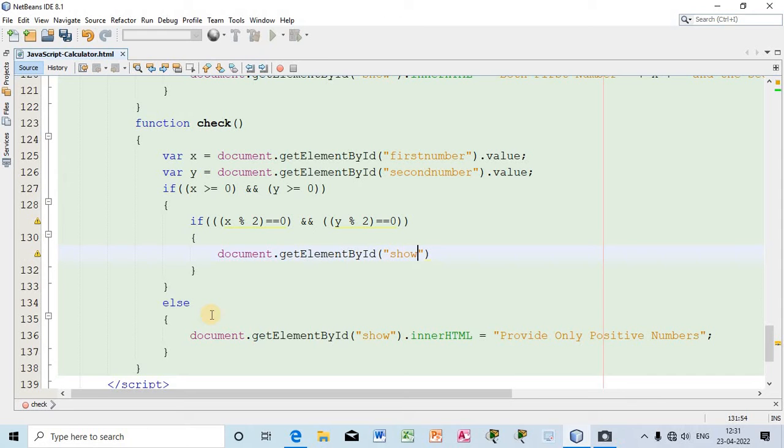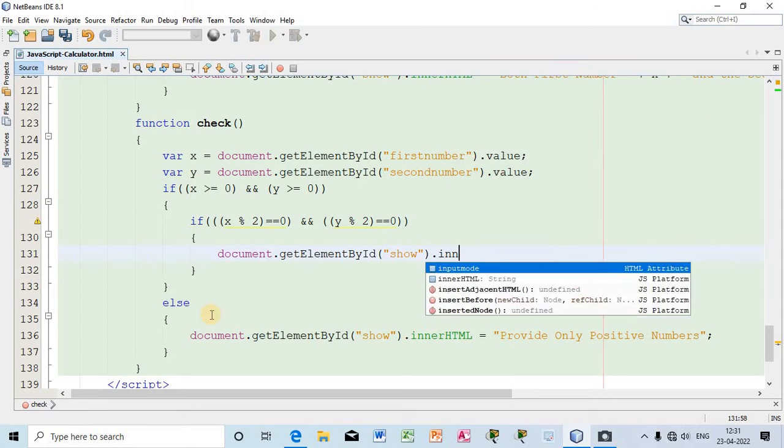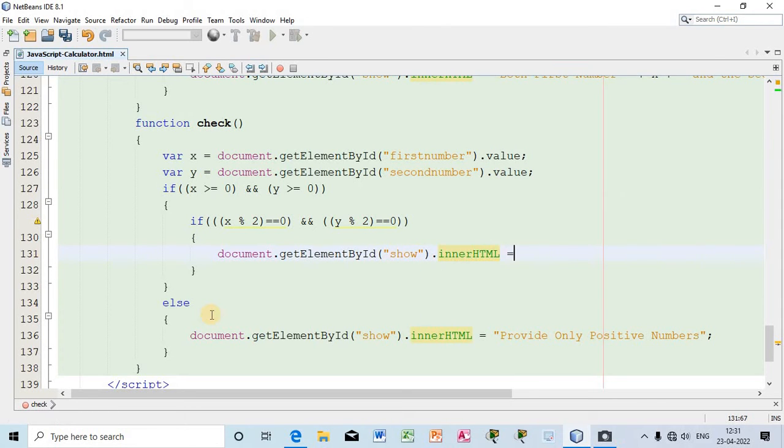Here it will be shown that it will be shown both the numbers